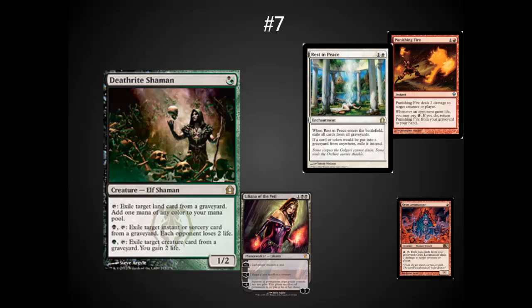At a 1/2, you've really got to have answers in your deck that deal with 2 toughness. Punishing Fire is definitely one of the best ones out there right now. Grim Lavamancer is a nice honorable mention. I even see decks main decking Rest in Peace as part of a combo with the idea of shutting down